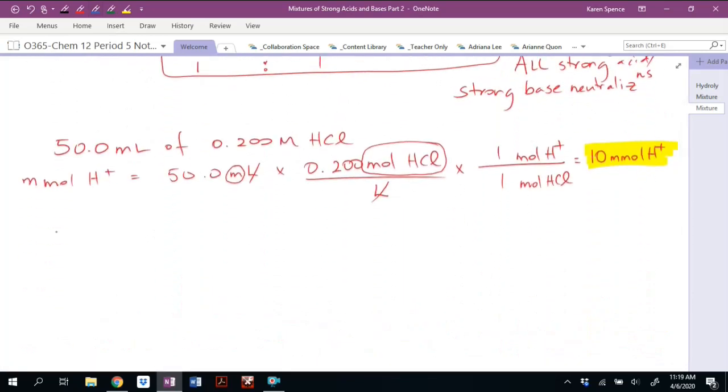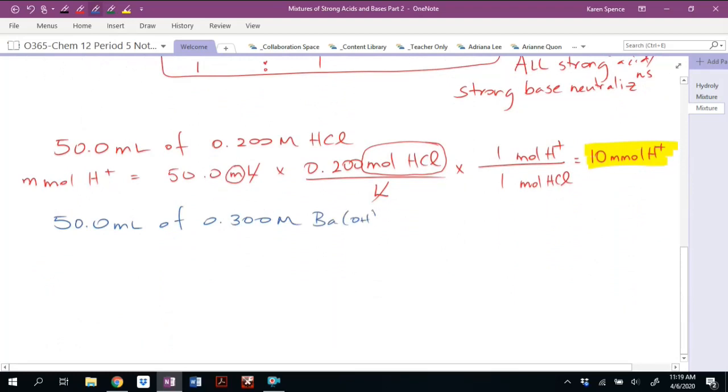So we have 50 milliliters of 0.300 molar barium hydroxide. So let's find our millimoles of OH minus. Okay, so we have 50.0 milliliters times 0.300 moles of BaOH2 per liter